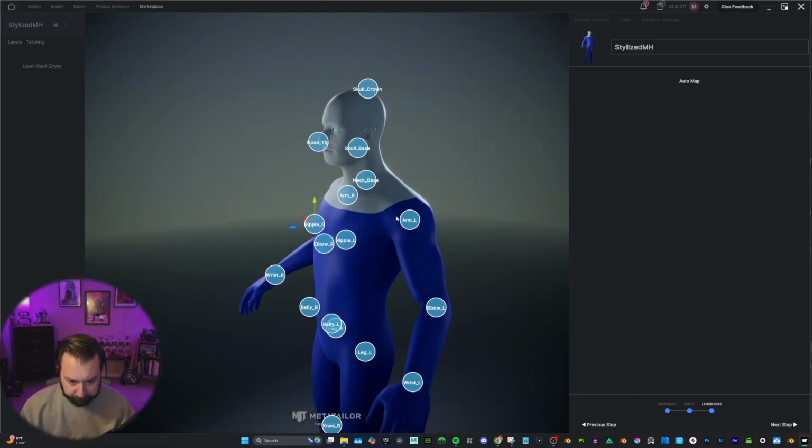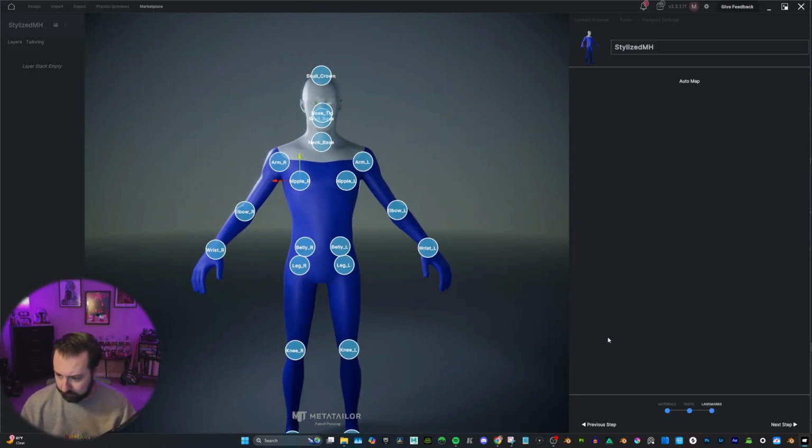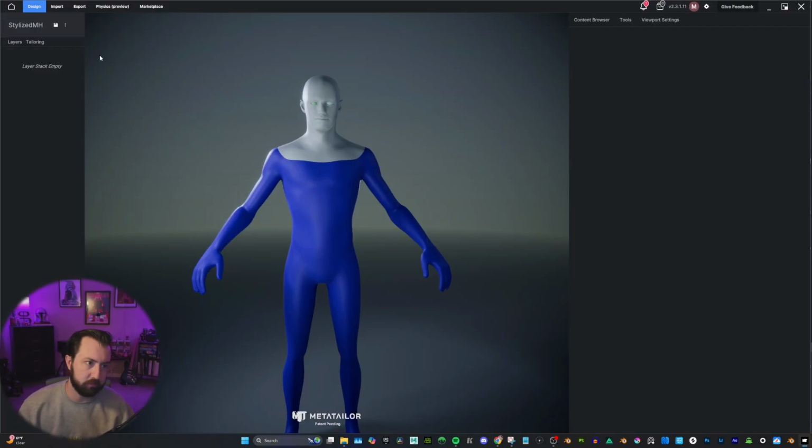Looks pretty even to me. Okay, and then everything else seems to be pretty good. So I'm just gonna hit next step. And now we're ready. I'm gonna hit save just so we have our avatar all set, and we can hit